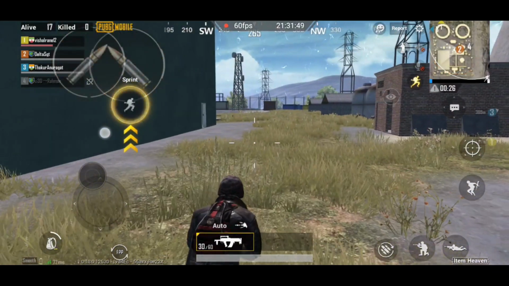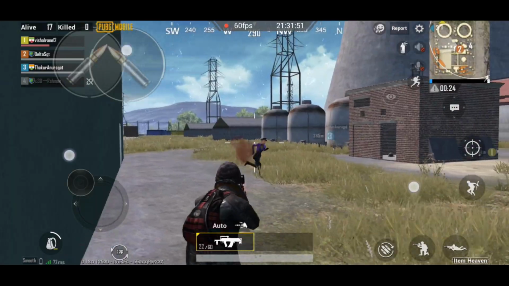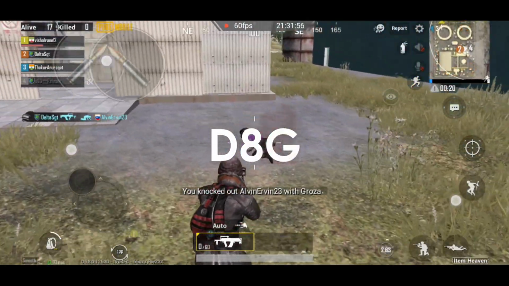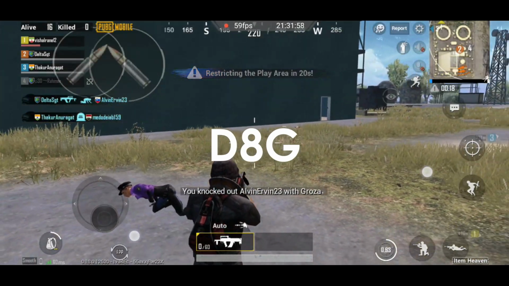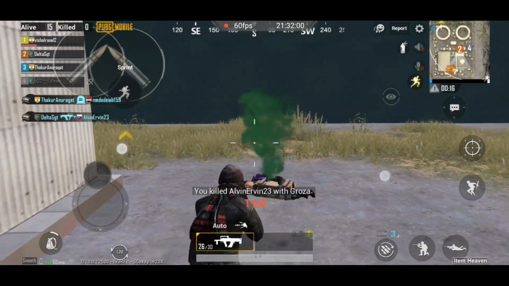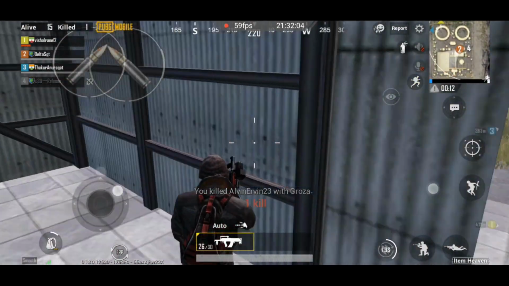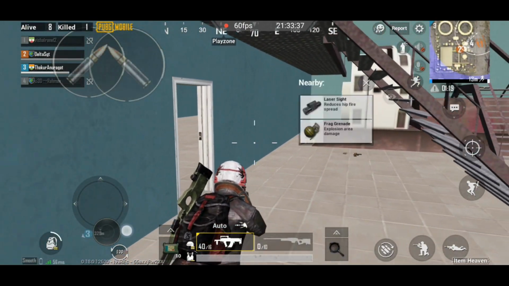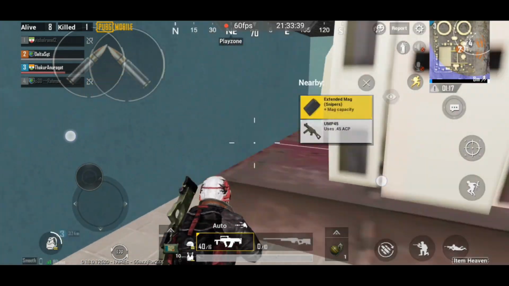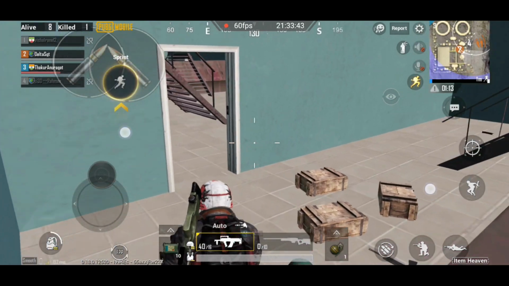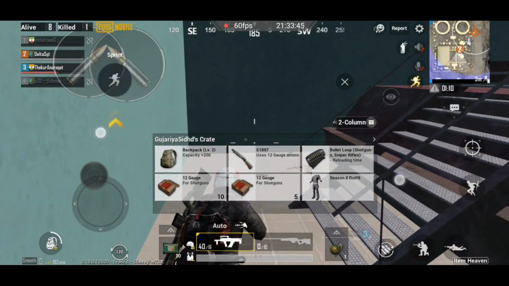After what happened with stock Nitro Kernel Plus of Nitrogen OS, I decided to play PUBG on D8G kernel with old touch drivers, as old touch drivers are way better than the new touch drivers. Last time when I played PUBG on Ancient OS with D8G kernel, the result was quite shocking. D8G kernel didn't perform well for me, there were heating issues, the experience was really bad. If you want to watch that video, then make sure to click on the card in top right corner.